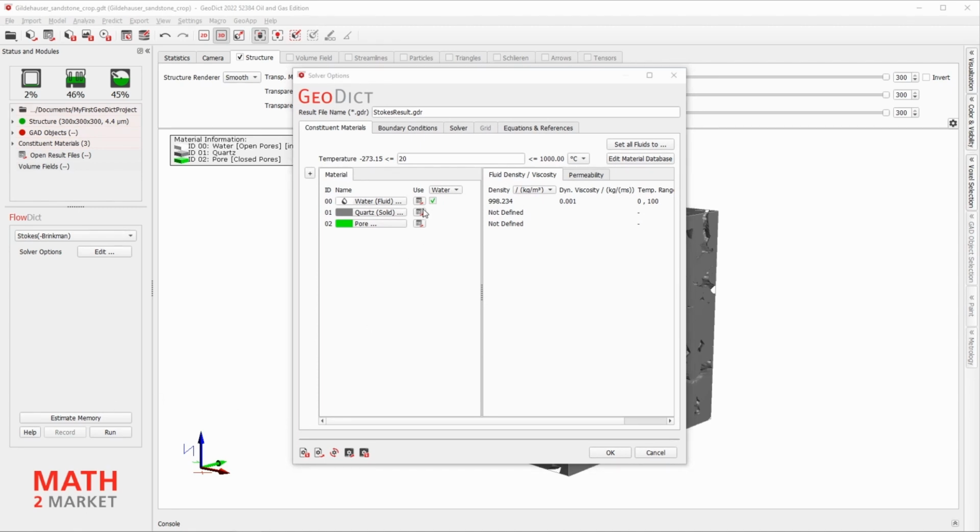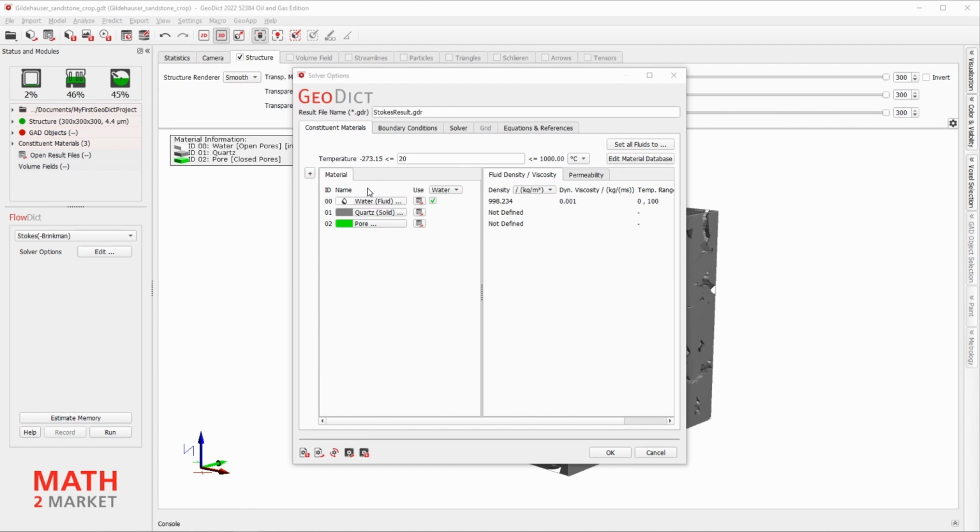As you can see, the temperature is set to our default value of 20 degrees Celsius. Since we have changed the material properties of the pores, you can already see that water is chosen as a simulation fluid.